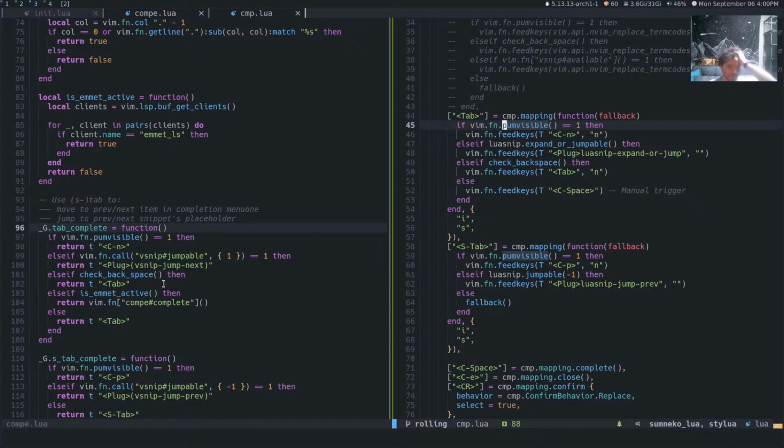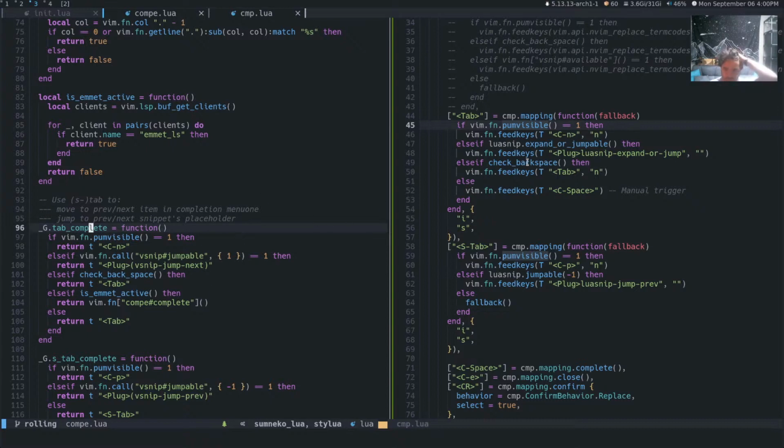Like I could probably just use this, right? Because this is like expand or jump. If it's expandable or jumpable. Okay, and that's an else if there. So that's like one-to-one mapping there.